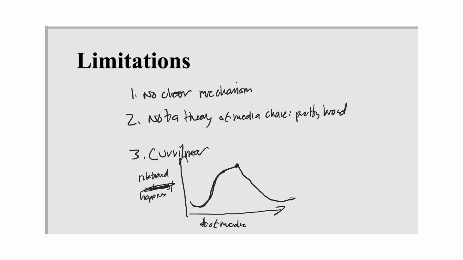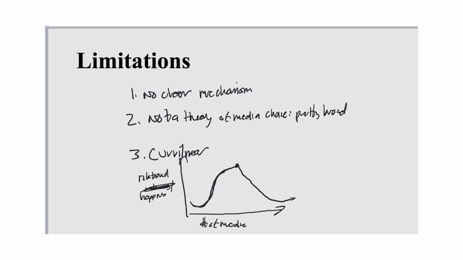Because here's the idea. If you have too many media, it can become too burdensome to keep up with all the different media of one person. And then you have all these problems. Like maybe you added somebody on Instagram and then you post a photo that maybe makes your partner upset. Well, having that extra medium now actually made your relationship worse. So whenever we say something is curvilinear, we're saying it's good to a certain degree, but then it reaches a point where it becomes too much and then it starts to be bad.